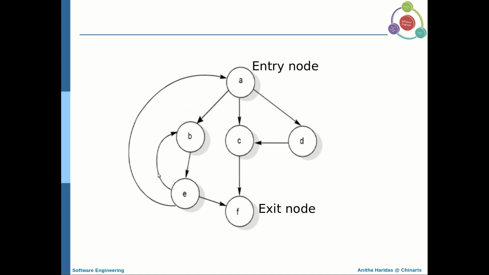So this is the area which is bounded by the nodes and the edges. So how many nodes are there? B and E, two nodes are there, and these are the two edges. And this particular area is bounded by two nodes and two edges. Then you call this a region. And if your node has more than one branch, all of us know that it is going to be the decision making branch or a condition branch. Say for example, A has 3 branches, so A can be called a predicate node or a decision node. So whichever node has multiple branches coming out, you can say it is going to be a predicate node.